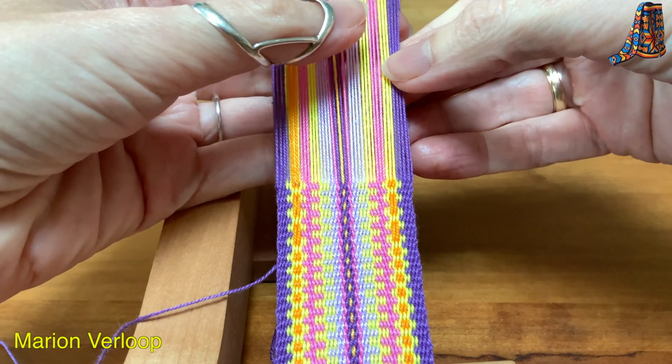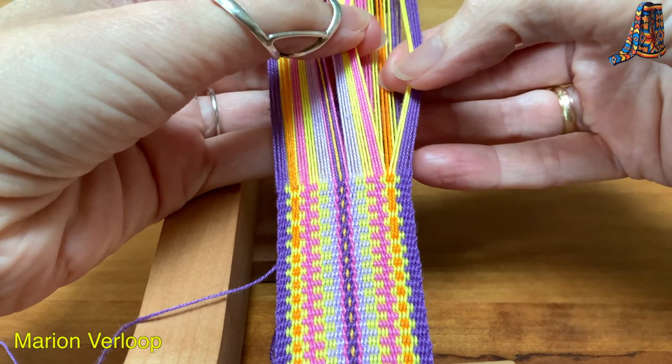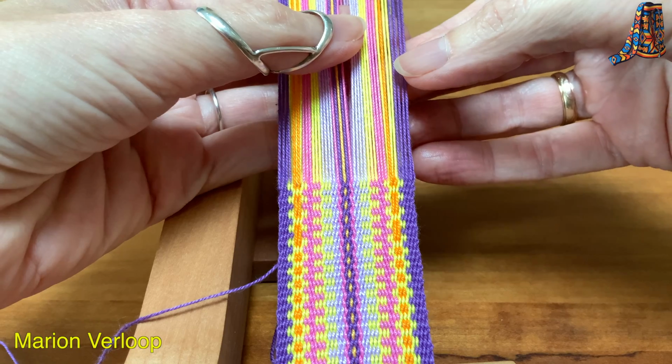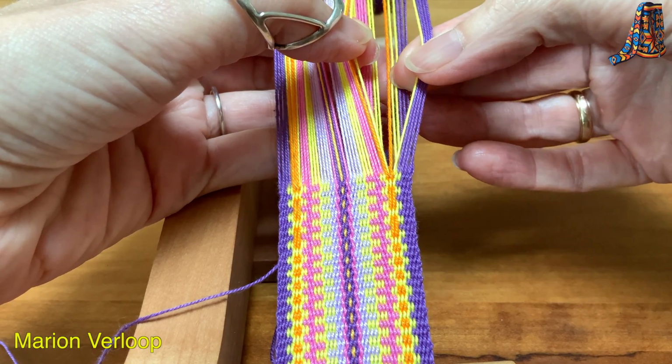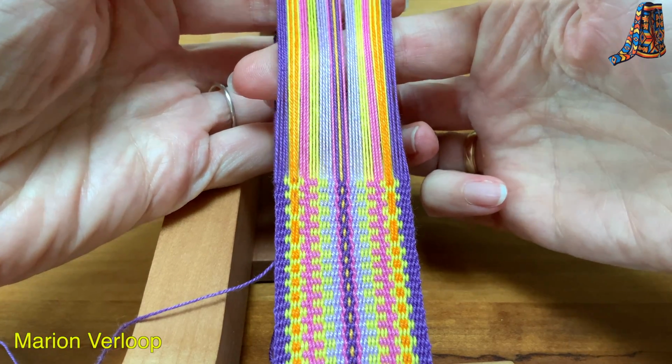Now on this side, find the spot of the orange yarn, open it up and pull up the orange yarn. Here's the next one, open it up and pick it up. Then keep your finger in the opening,